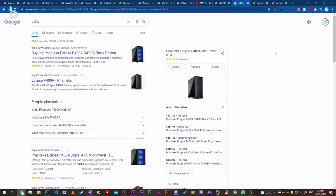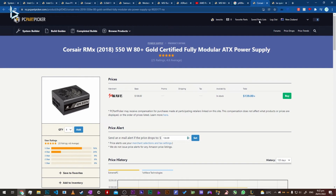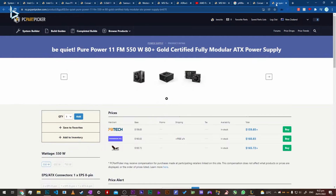So let's head over to the power supply now. So one option is the Corsair RMX 550 watt for $139 from First Wave. I know it's a little bit difficult to get the RMX line, although they are one of the best power supplies in the market right now. It's hard to get it from bigger retailers, so do keep an eye out for them when they come back in stock. The 550 watt for under $140 would be perfectly fine,